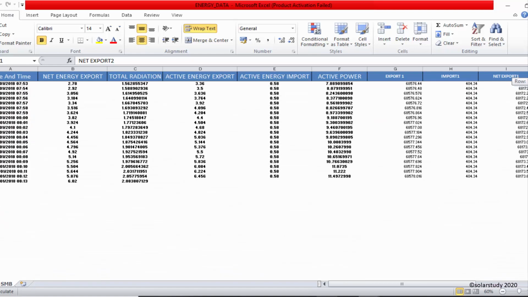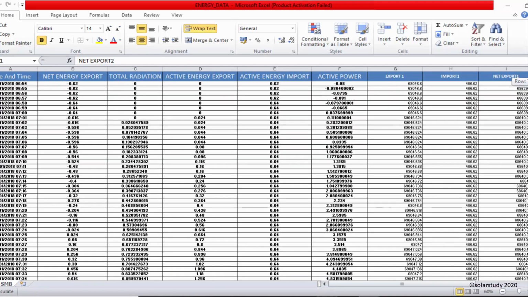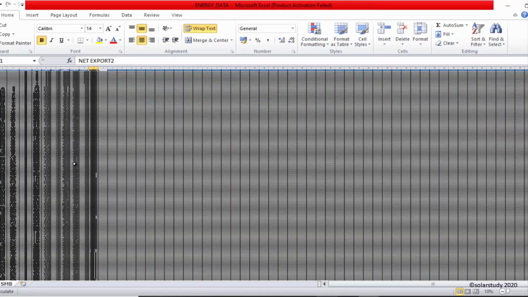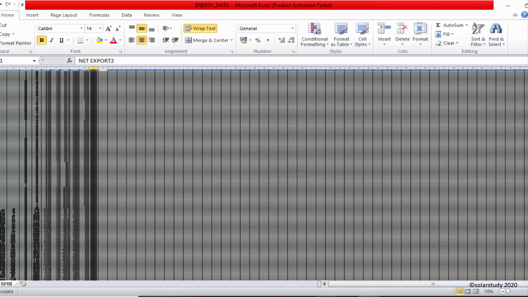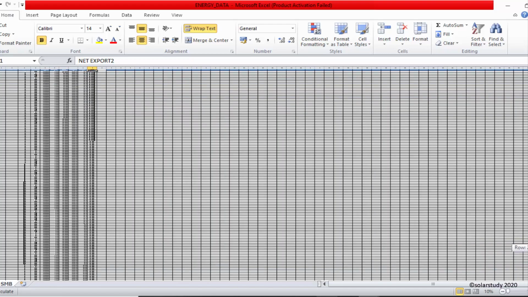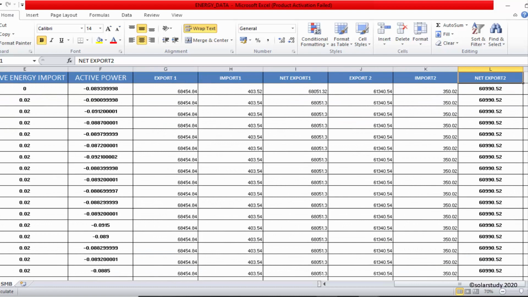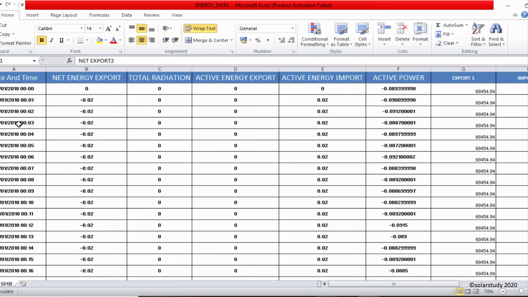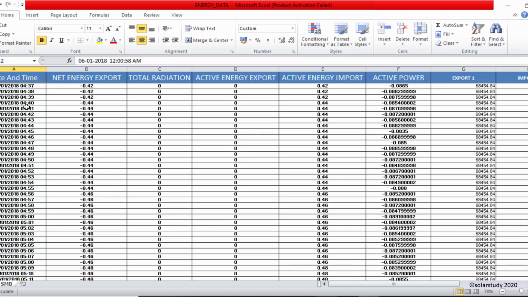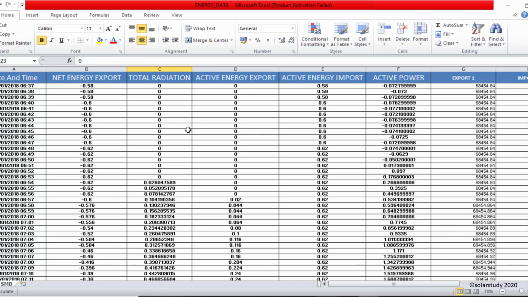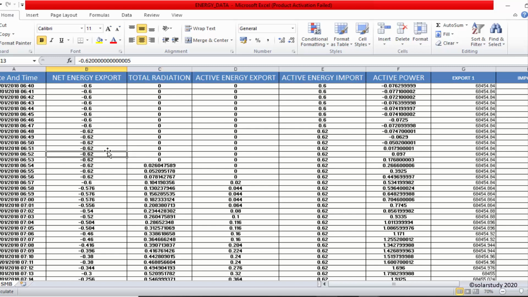Okay, see, this is so much data. If I zoom in, you can see these many data. Whenever there is no data we have to assume that it is night time. During the night time there is no data. So here also the data acquisition has been done at 15-minute intervals. They have mentioned the date and time. Whatever is 0 is nothing but night time.